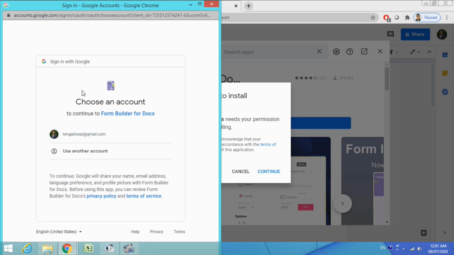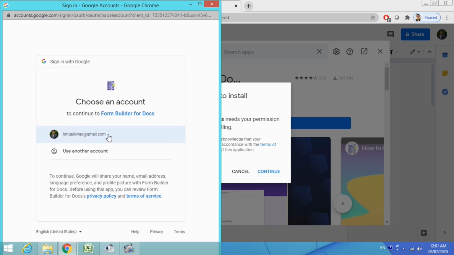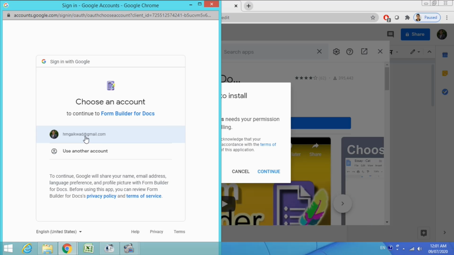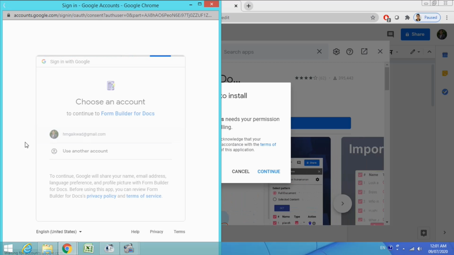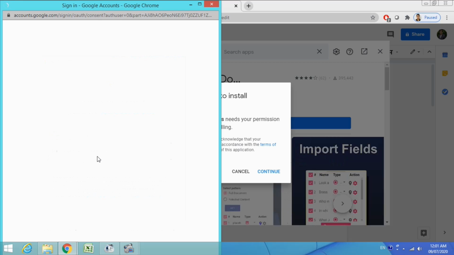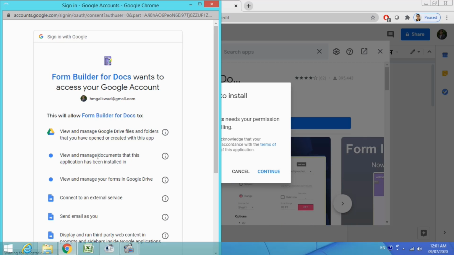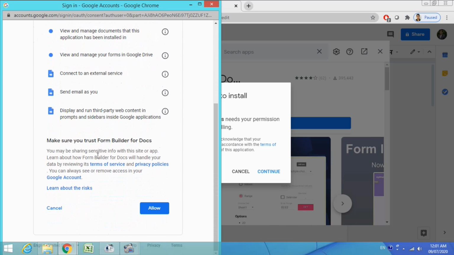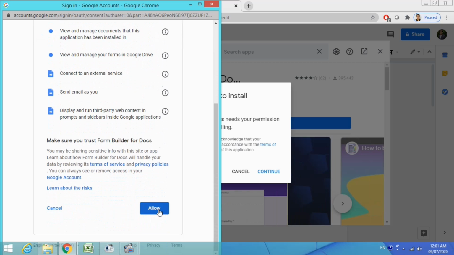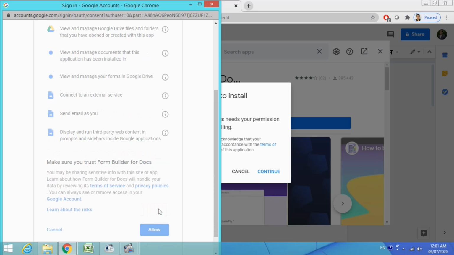Here it will ask you to select the Gmail account to which you want to link your add-on, that is Form Builder. So I will select my email ID account. Now it is asking for permission. Just click on the Allow button at the bottom.